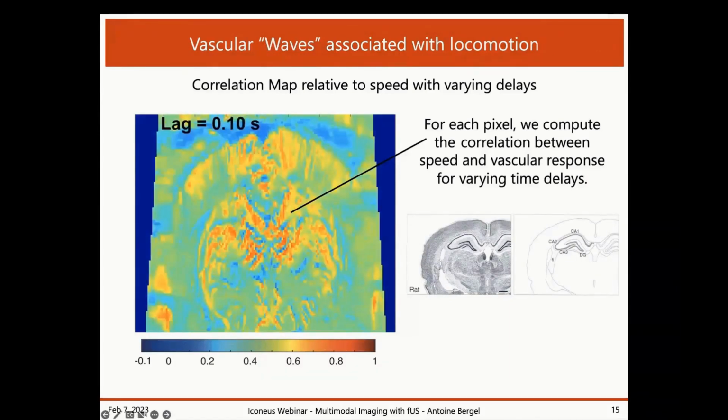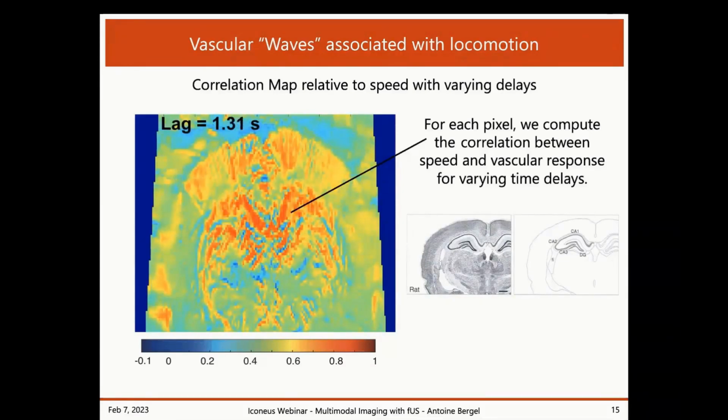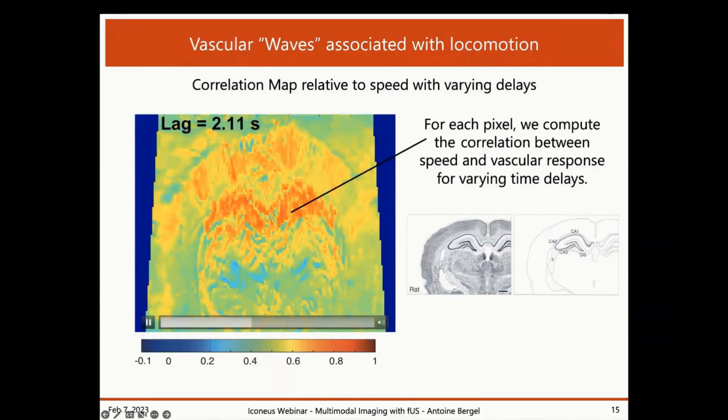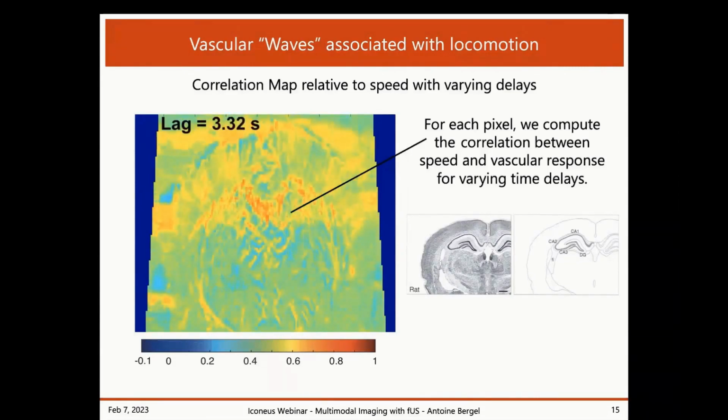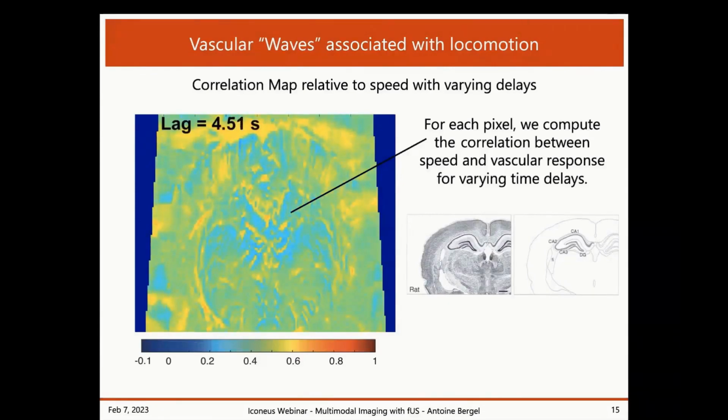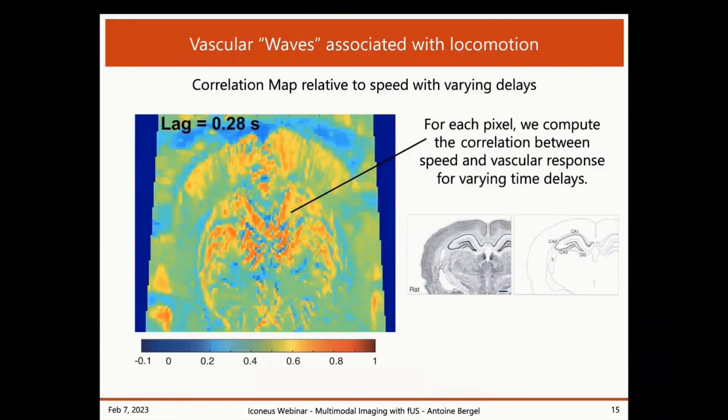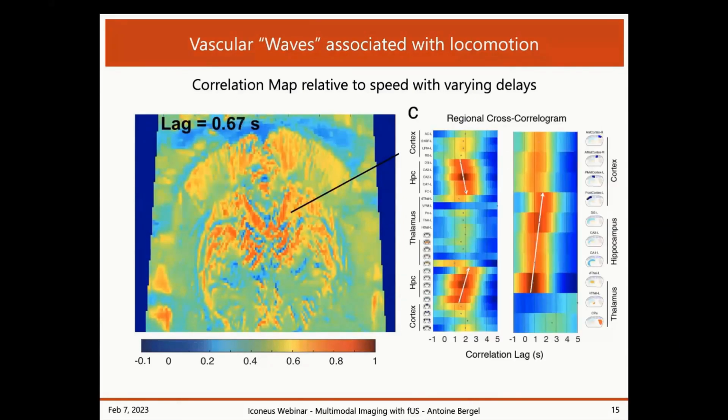And if you display the cross correlation for all of the different pixels at different lags, you see that you're able to reconstruct that sequence of activity. And you see that the hippocampus is strongly activated, and that the dentate gyrus, which is a subfield of the hippocampus, does not activate at the same time as the CA1 and CA3, which was super interesting to us, actually. I still don't know why this